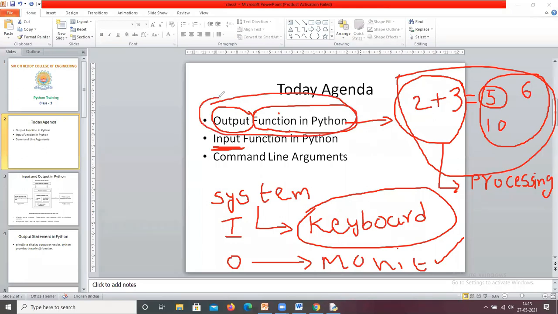To read data from the keyboard we use input functions. Command line arguments we will discuss after completing these two, for your better understanding.